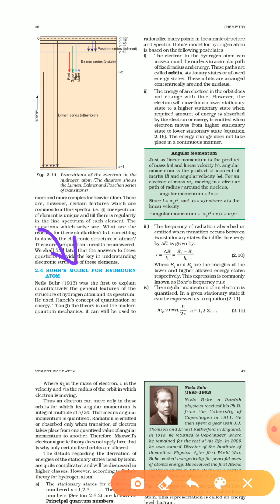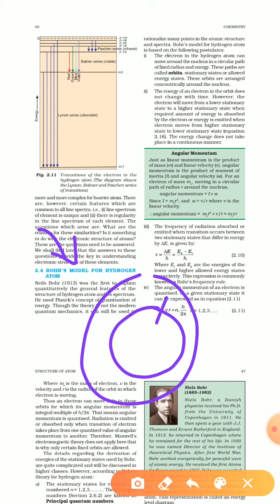This was just a starting. This model was just a hint of what I said now: how many orbits would come, how many electrons would come. This model was just a starting, because from this model only we got to know what could be the number of orbits, or what could be the number of electrons that can be present.